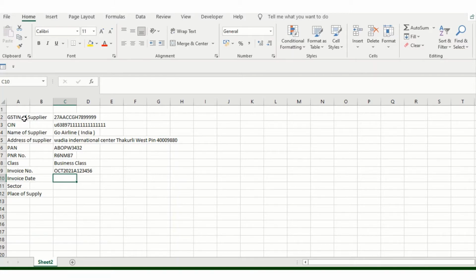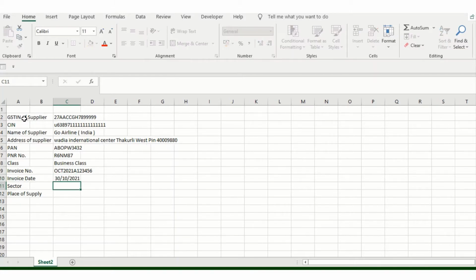Invoice date, just add the invoice date here. Sector from Goa to Bombay, from here to there. And then place of supply, I'll add Maharashtra.